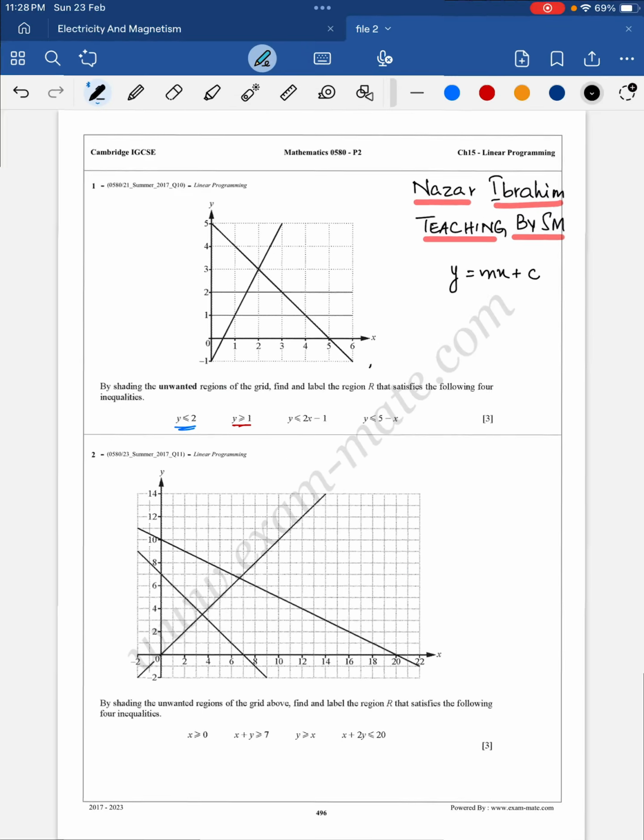Assalamu alaikum warahmatullahi wabarakatuh. This is Nazar Ibrahim, and today the topic of our discussion is linear programming, 0580 Mathematics